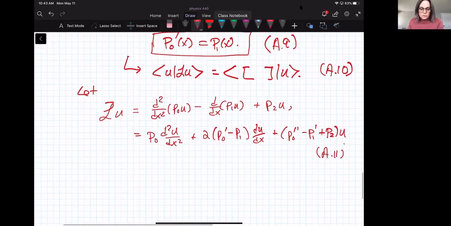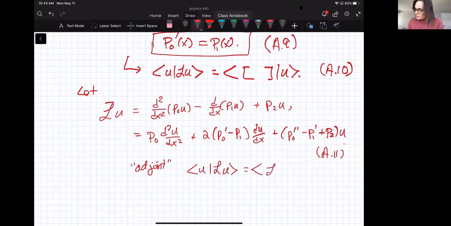And that gets us to what we mean by adjoint, namely, this operation is the same as that operation,